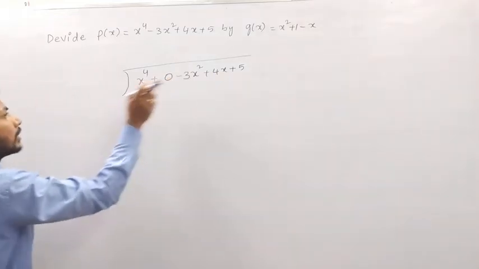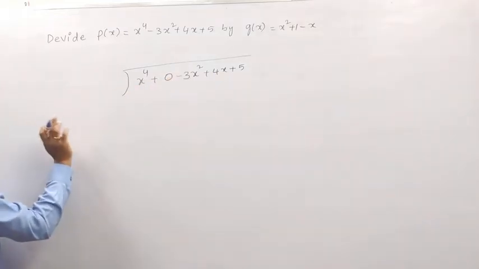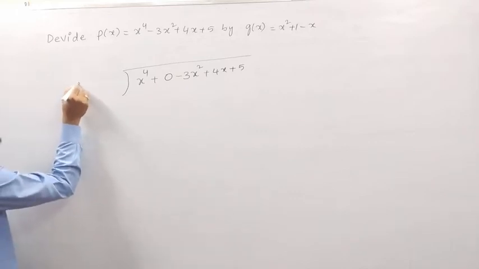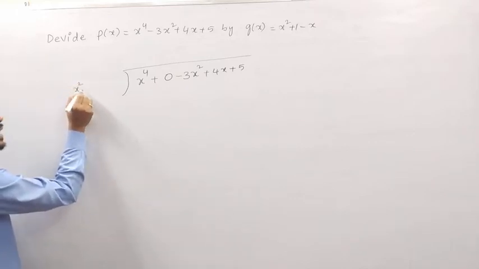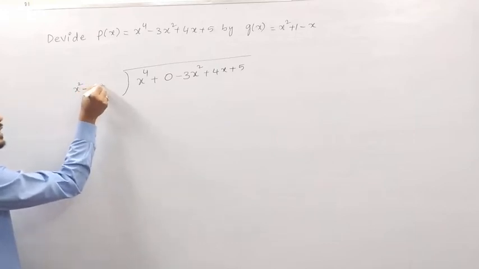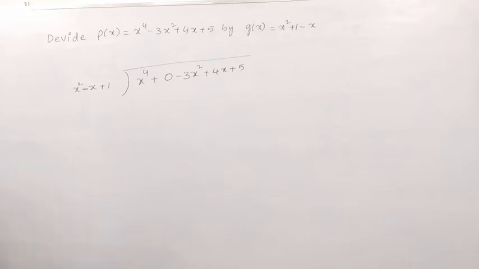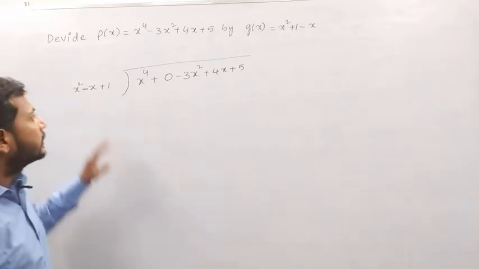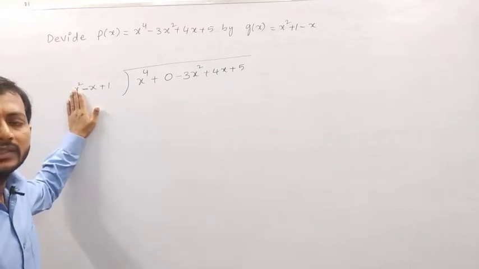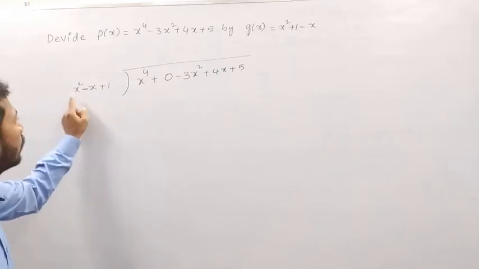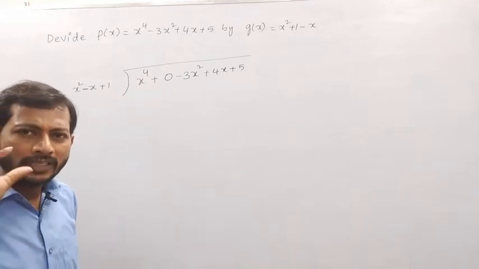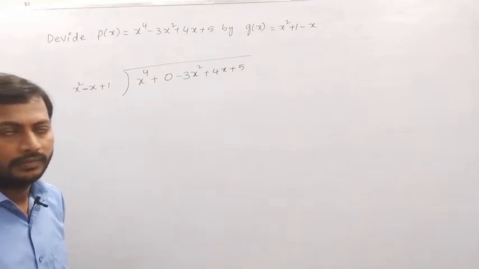Again you have to observe the order. What is that? You have to write in order. First one is x square. Next, I am not going to write the constant, I am writing the variable, that is x. Next, plus 1. So now, in this case, when you want to divide this polynomial by this one, generally children go for the multiplication method, but I don't like that because most children get confused.